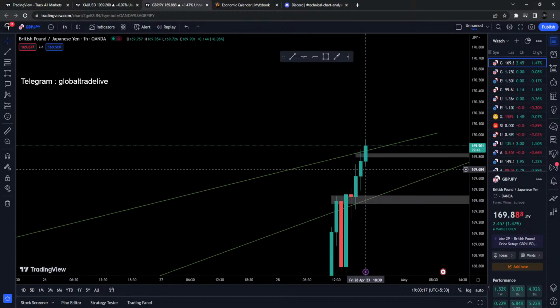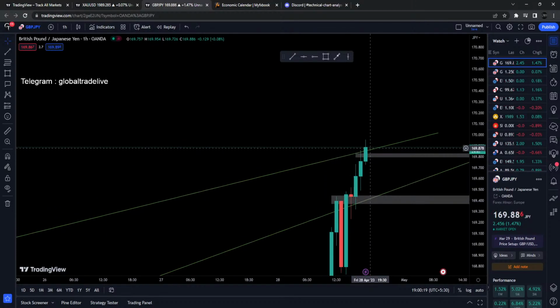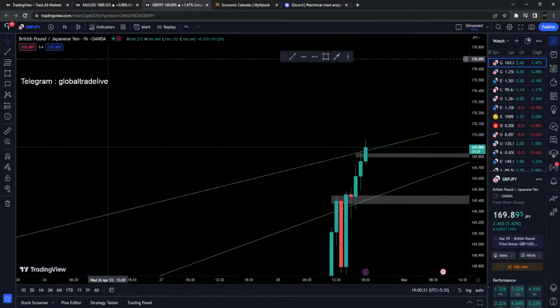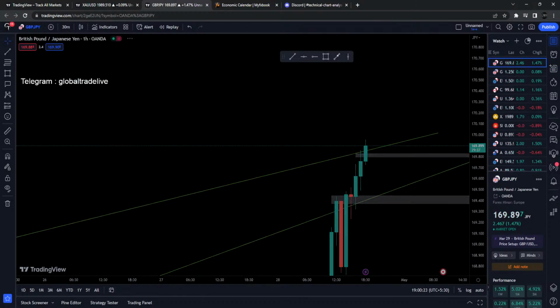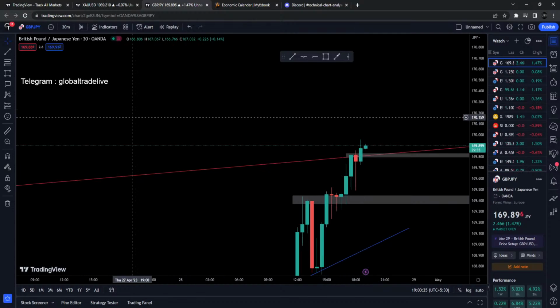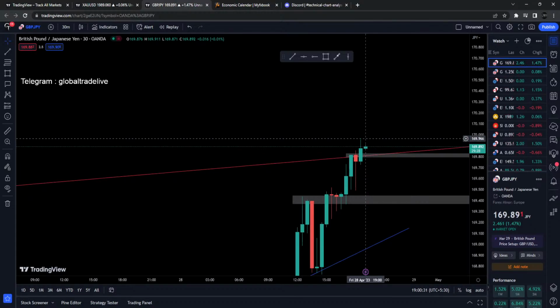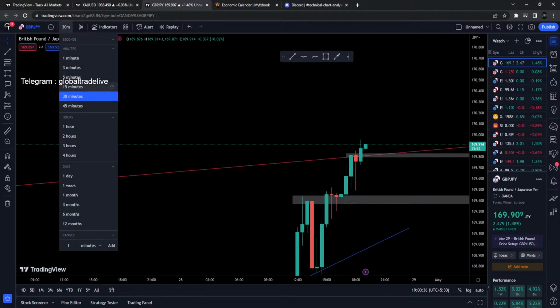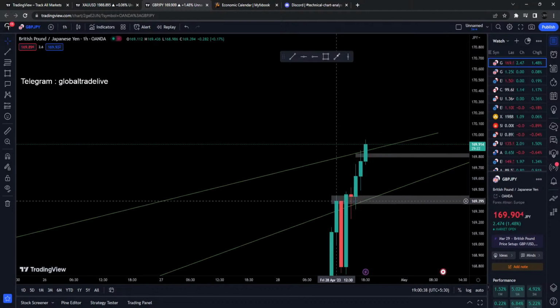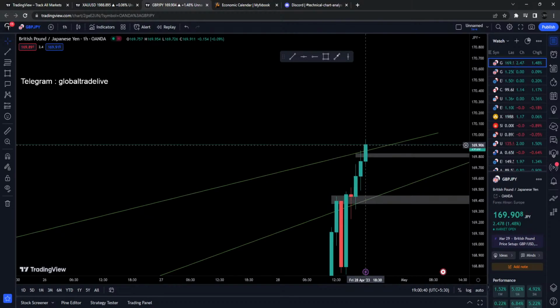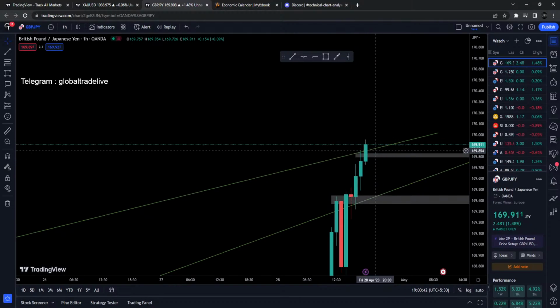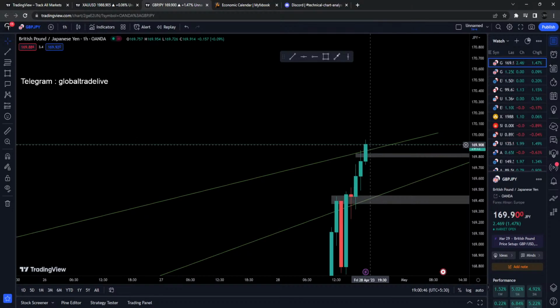And look over here. Now the move has been done in 1 hour. So no matter how tempting it looks in 30 minutes, I really want to take a trade when this candle will be breaking the high of the previous one. But I will not take a trade at that point, because I can see that in 1 hour the move has already been done. Now I should wait for a bearish candle to form. That will be a retracement, and after that I will take a trade.